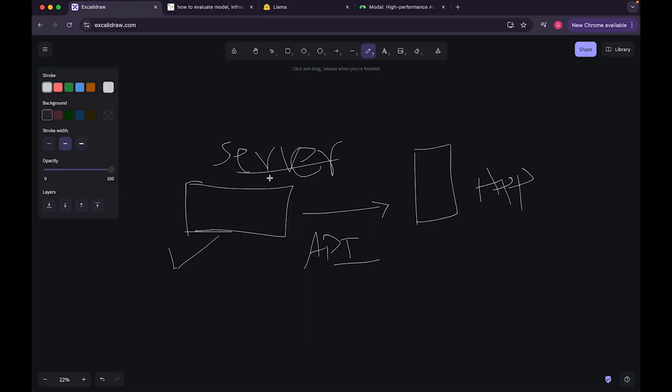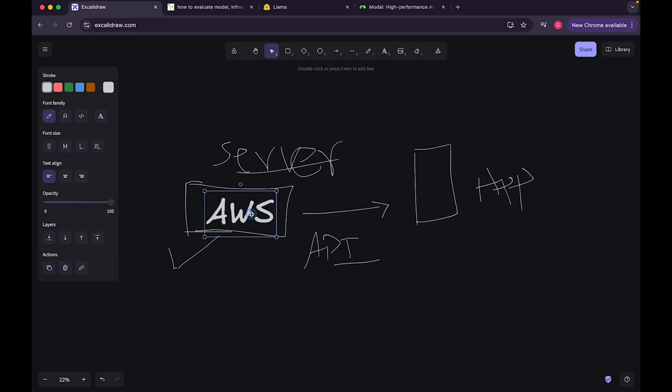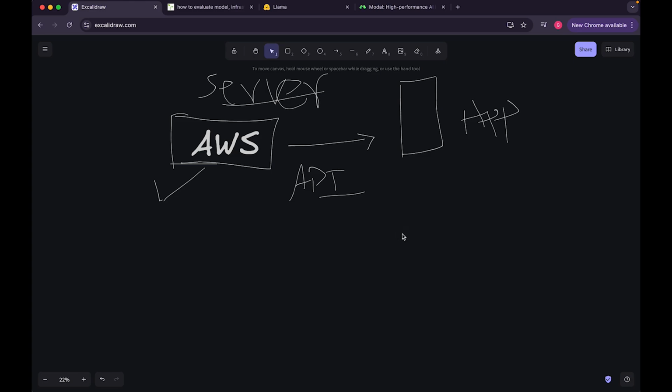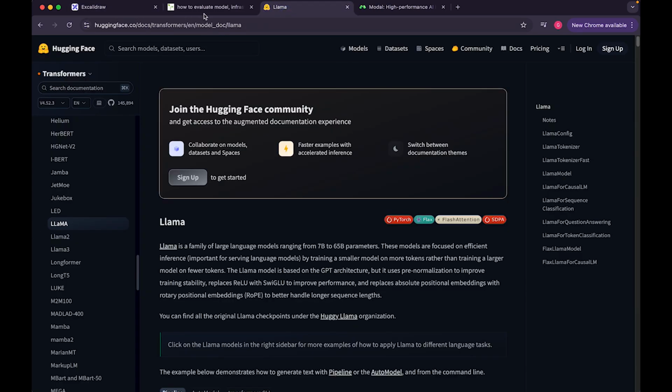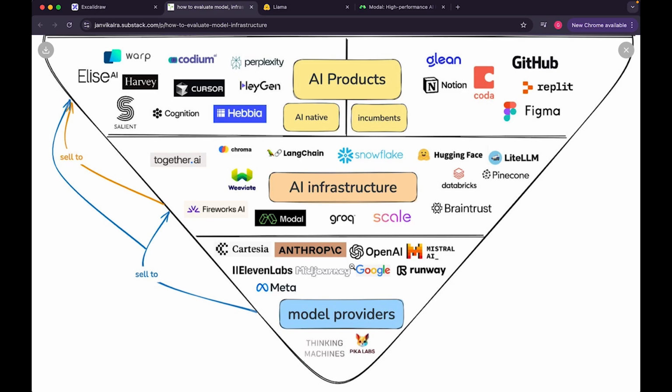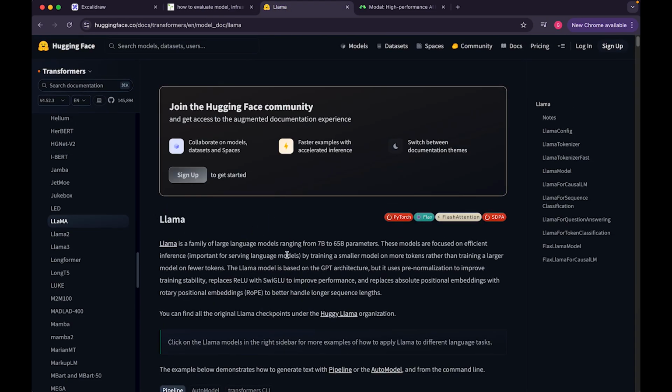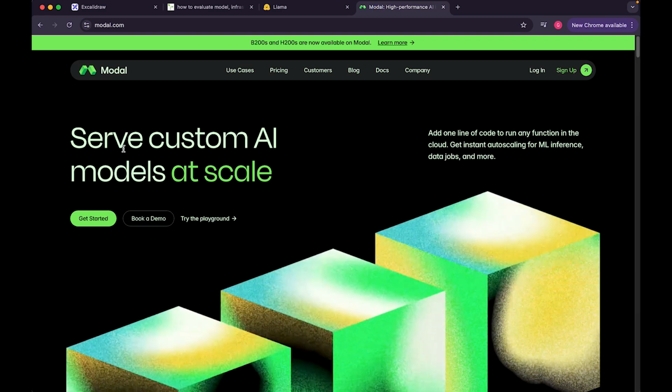So here we have created a backend server and we are consuming it in the app. Let's assume it's hosted in AWS. Now, what I can do is take any of the open source models, not closed source models from OpenAI. I will take the open source models from LLaMA or Mistral or any other providers, take all that code on the transformers, like literally the open source model, and then put it onto